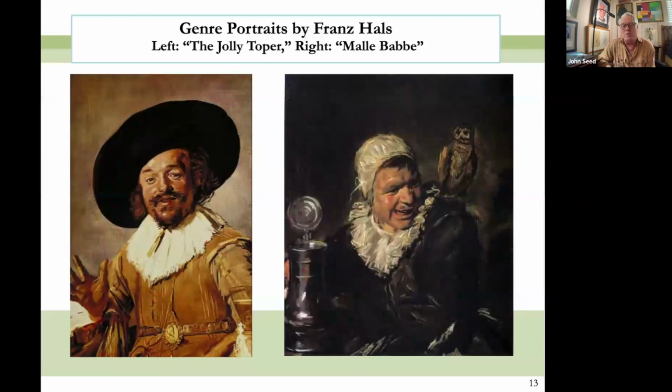It's impossible to look at Dutch painting from this period and not fall in love with the work of Frans Hals. And Frans Hals, in many ways, was a kind of a competitor or a peer to Rembrandt. He absolutely could do elaborate, well-paid group paintings, and we'll see one in a minute. But my favorites are what I call his wet-on-wet genre portraits. And you might call this wet-on-wet, you might call it alla prima, but these are paintings that are made very, very quickly. They're made with a toned ground, and that's a way of saying you don't have a white canvas, but maybe you have, in the case of the painting on the left, an umber canvas or